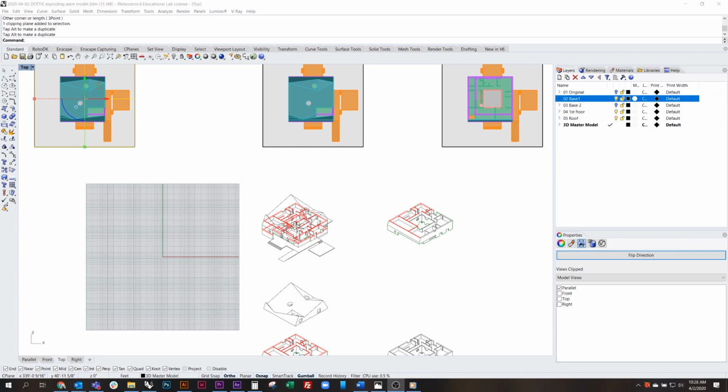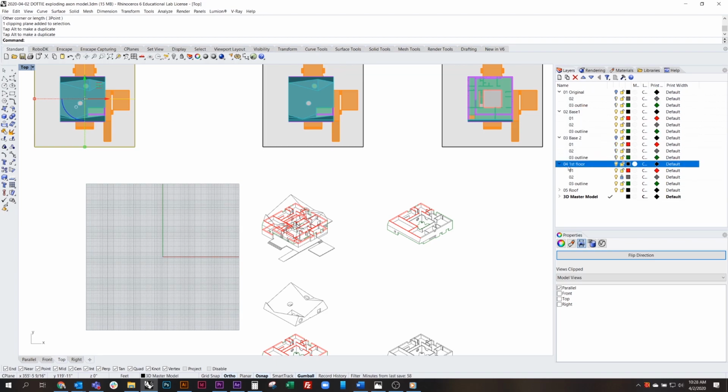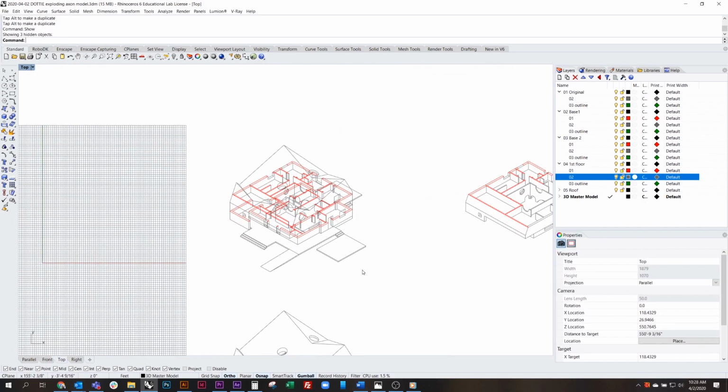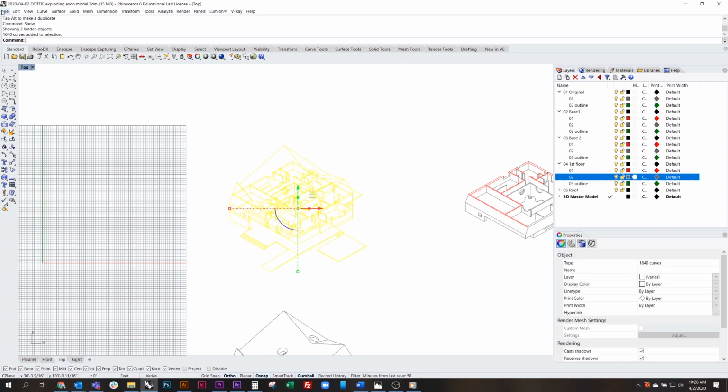So once you have your geometry set up and in the right place, you want to make sure that everything is turned on and ready to go before you export it out, and nothing is locked because it won't select. So I'm going to just do a quick show command to make sure that I'm not missing anything. Then I'm going to drag select all of the geometry, and I'm going to go to File, Export Selected,